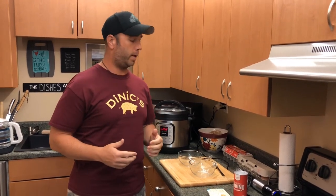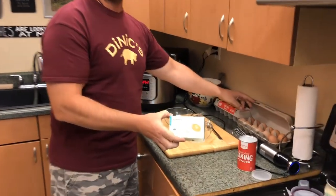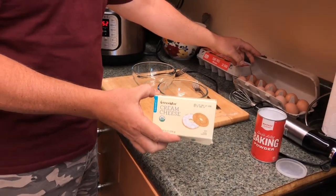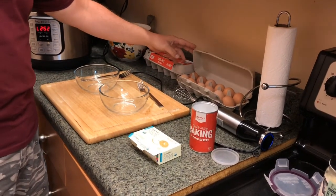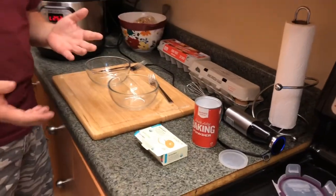All right, so today we're gonna make some cloud bread. You can use it for anything. It's low carb, almost zero carb bread, made up of eggs and cream cheese. You'll see I got Green Wise cream cheese that I got from Publix, but you can use any cream cheese you want, Philly or whatever. Try and get the fat stuff. Don't get the reduced fat. And then of course a little bit of baking powder. So it's basically a 3-ingredient